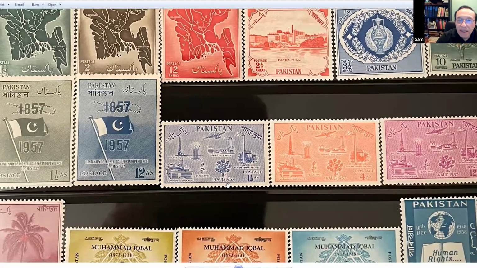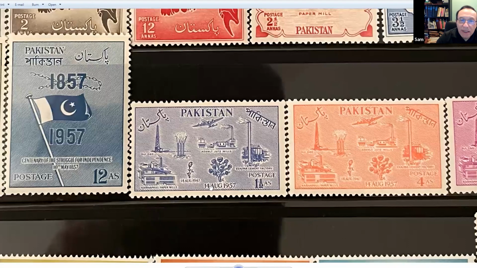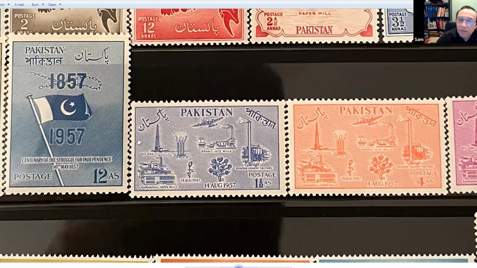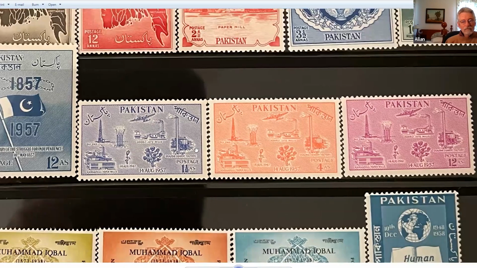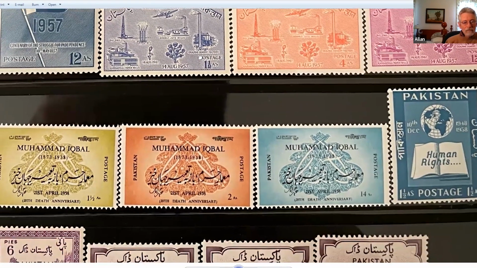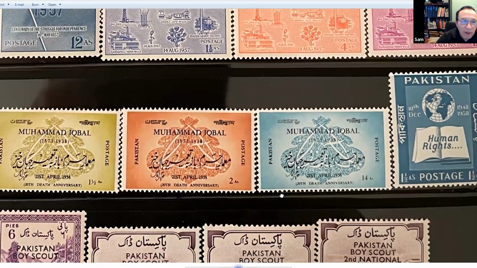Now, here, this is interesting. This is the 10-year anniversary of Pakistan, of the independence, but now they corrected, right? August 14, 1957. It's showing progress in different features. And some other stamps, human rights, and